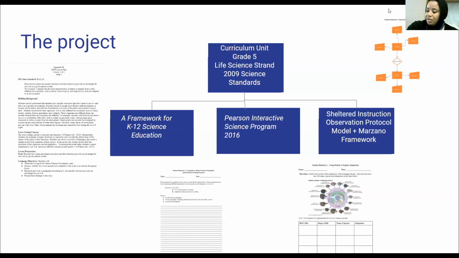So the standards that we're focused on in this curriculum unit were 2 standards, 5.4.1.1 and 5.4.4.1 life science standards. Standard 5.4.1.1 is living things are diverse with many different characteristics that enable them to grow, reproduce, and survive. And standard 5.4.4.1, which is humans change environments in ways that can either be beneficial or harmful to themselves and other organisms. So these 2 standards I used to create my curriculum unit.